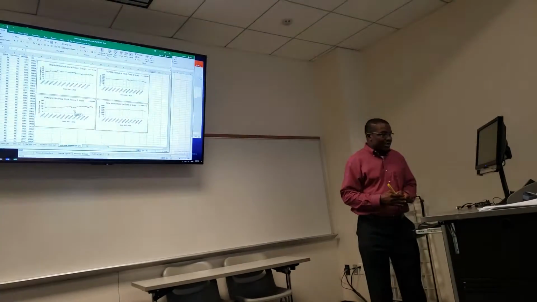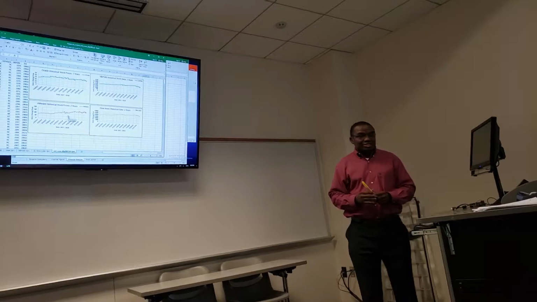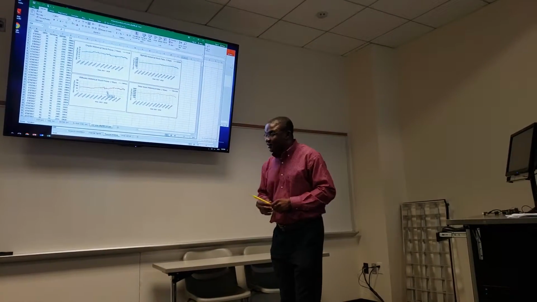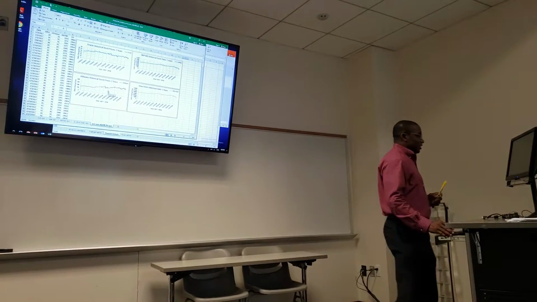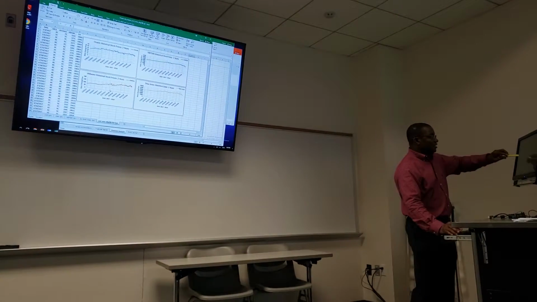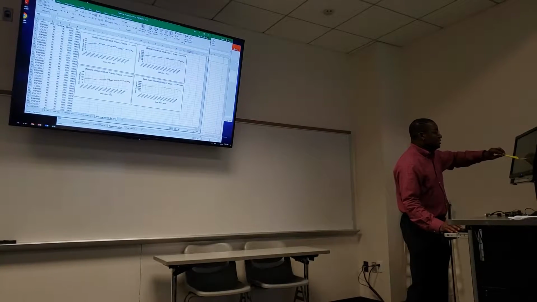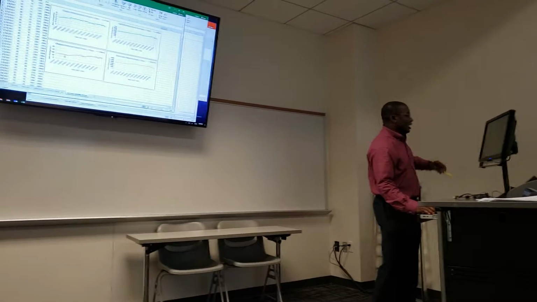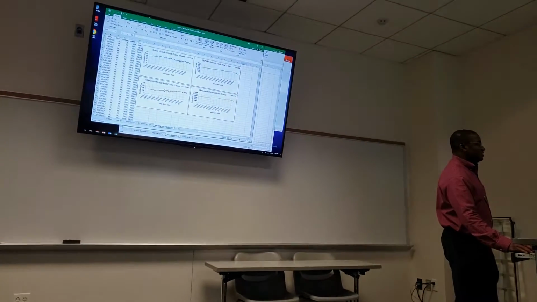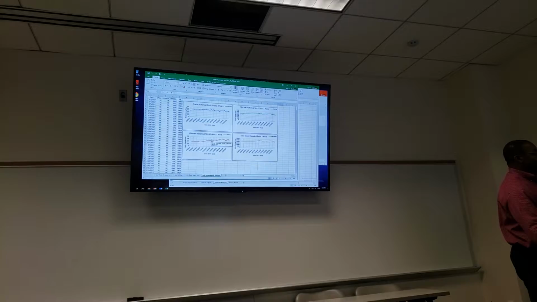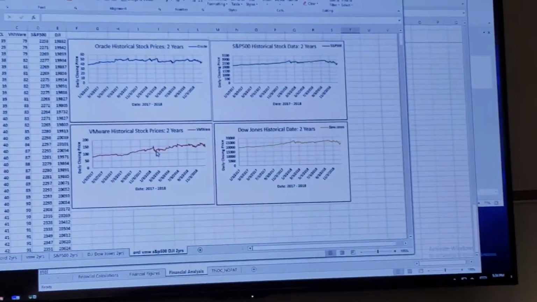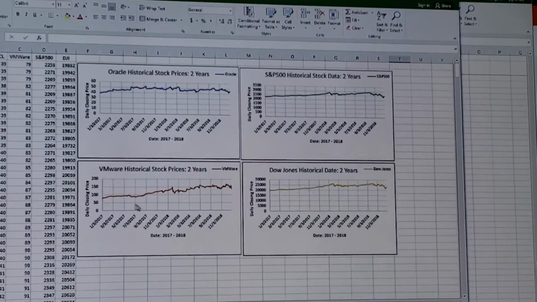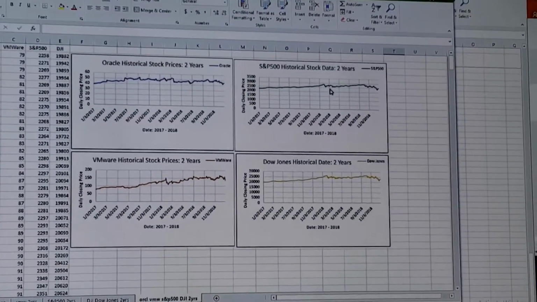So the stock price for VMware changed within this time period much more widely than that of Oracle. And then you can see that after the steady rise of the stock,